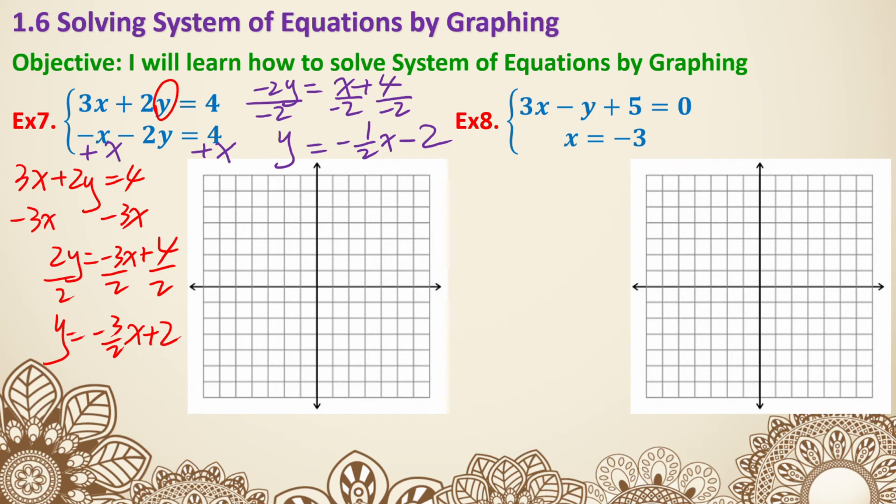So graph the first one. The intercept is 2. Slope is -3/2. So down 3 over 2, down 3 over 2, or do the other way, the other side. As for the other one,